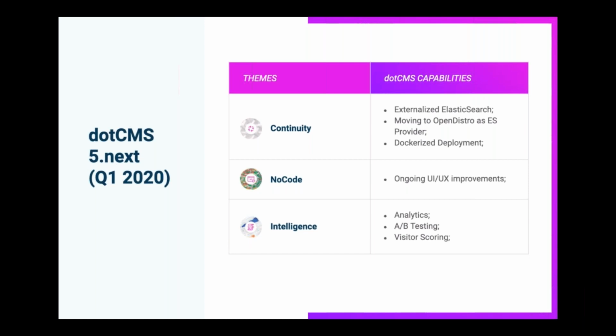And so what we're thinking for analytics is a separate project. It's a separate component to dotCMS that would perform separately from dotCMS, that dotCMS would communicate with in order to provide analytics functionality, including powering dashboards, powering A/B testing, providing visitor scoring, and making intelligent content decisions on the fly based upon the data that's been captured.